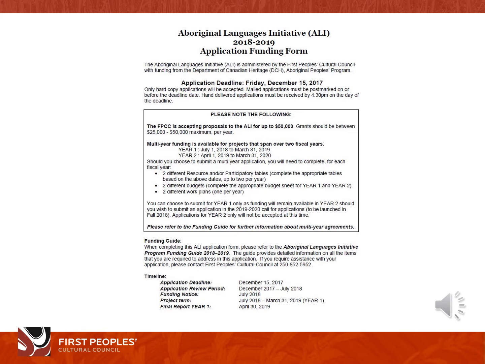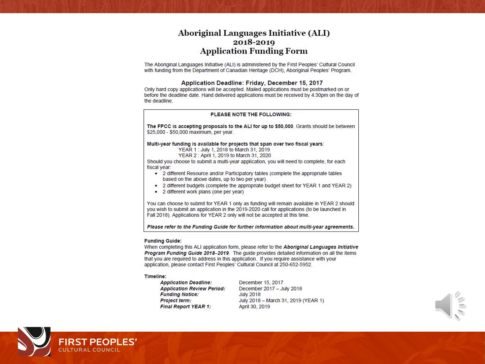Year 1 runs from July 1st, 2018 to March 31st, 2019. Year 2 runs from April 1st, 2019 to March 31st, 2020. If you choose to submit a multi-year application, you'll need to complete the following for each fiscal year: 2 different resource and/or participatory tables, 2 different budgets for Year 1 and Year 2, 2 different work plans for Year 1